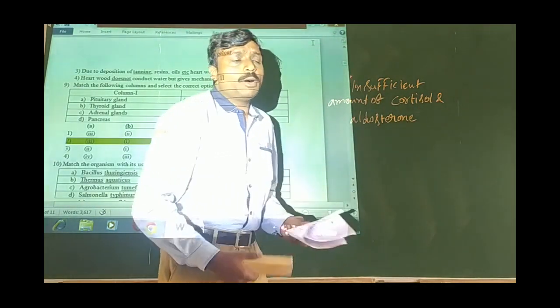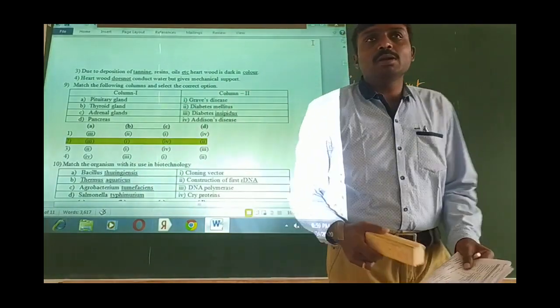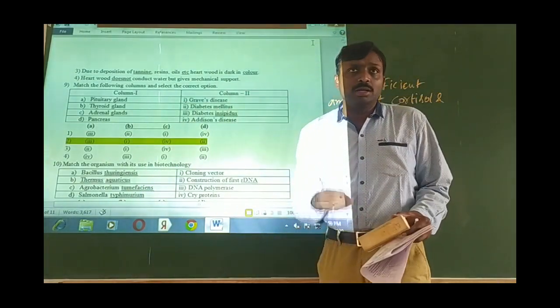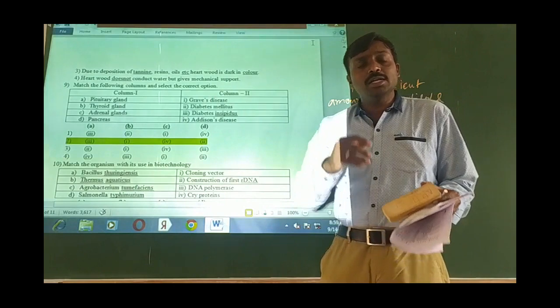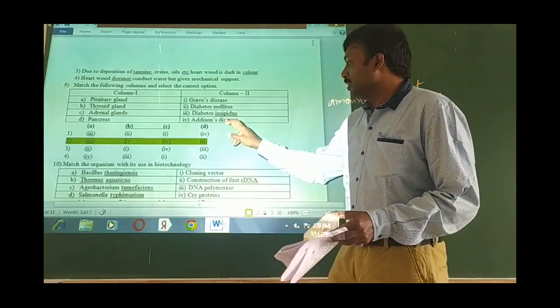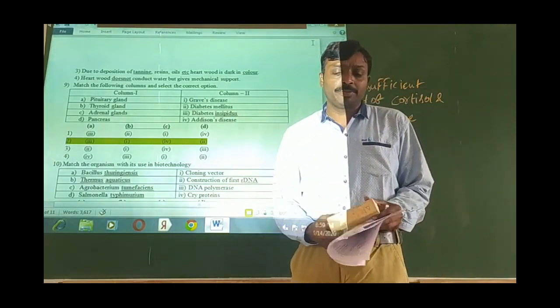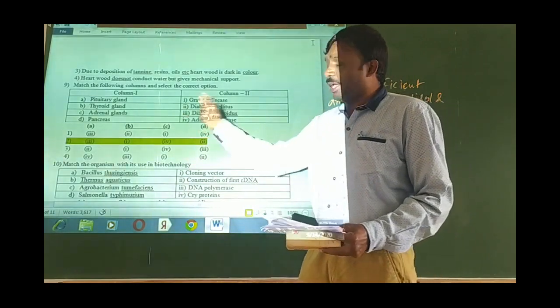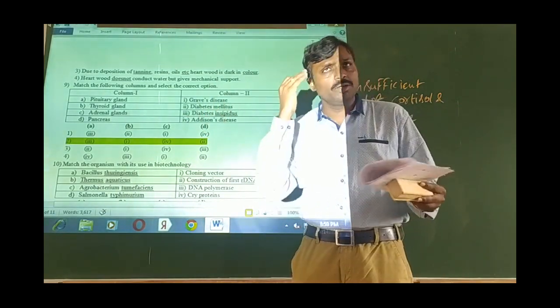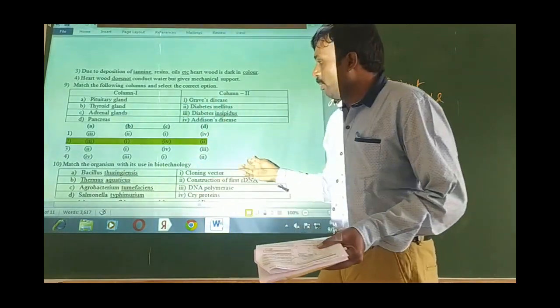So if inside the body cortisol and aldosterone are not synthesized in sufficient amounts, then this Addison's disease is seen. Okay. So all these are also purely based on your memory. Then moving to the next